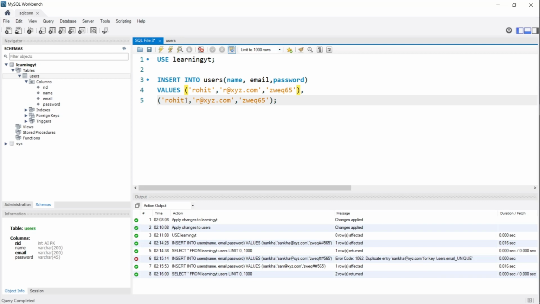So now let's say Rohit, and let's say this time is Rajat. Rajat is RAJ, let's say, and this time let's say it's gmail.com, and password is, let's say, something like